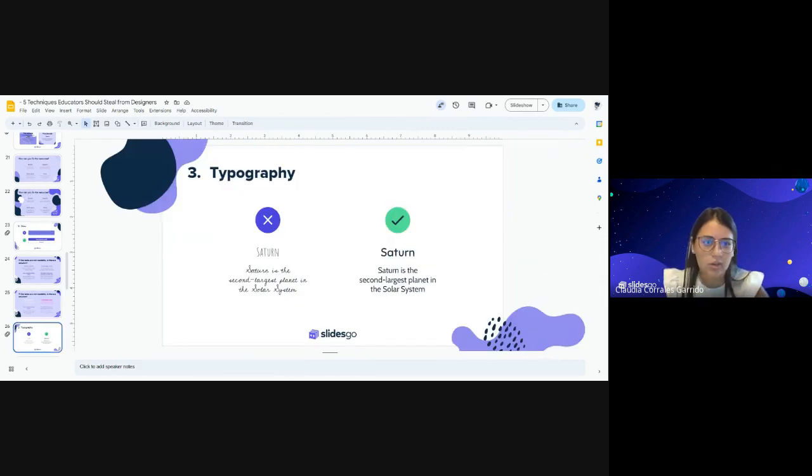So shall we go into the next one? Absolutely. So the third point is typography, which is perhaps my favorite one. Because typography has enormous power that not everyone takes advantage of. If you see these two examples,